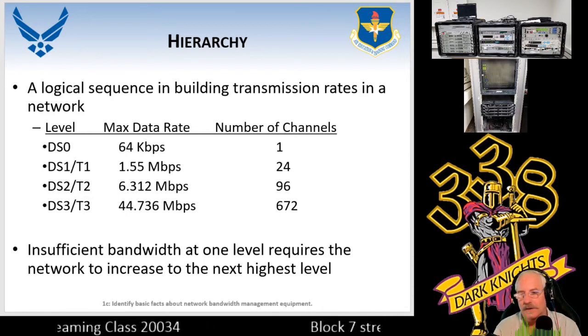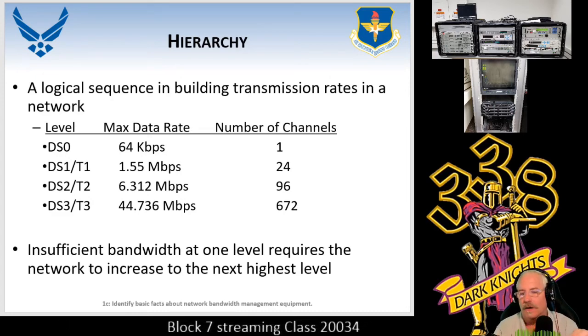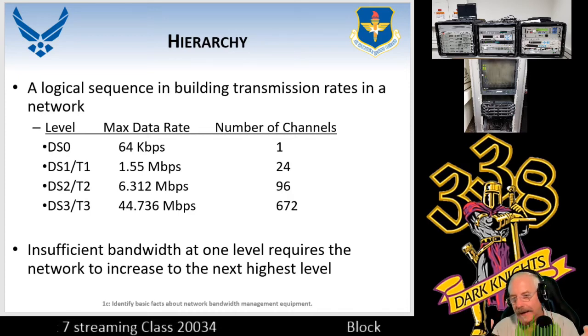Okay. All right, what this goes is they're building a logical transmission rate in a network. How do they do it? Well, first of all, they take one channel. One channel is 64K. To get us into what's called a T1 or DS1 line, you got to put 24 channels in there, which ends up with a max data rate of 1.55 megabits per second. And there's ways to figure it out. We used to do it back in